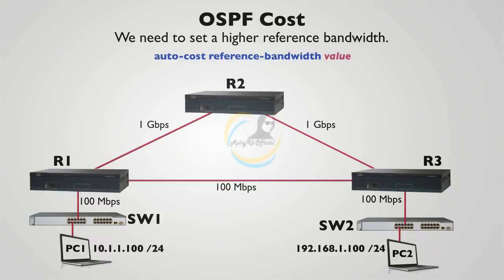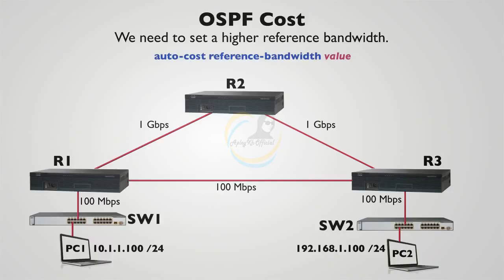And the issue stems from how big an OSPF cost value can be. Cost is a 16-bit value. How big can a 16-bit value be? Well, 2 raised to the power of 16 is 65,536, but the numbering starts at 0. So the maximum cost we can have is 65,535. And the reason I bring this up is if we set our reference bandwidth too high, many of our